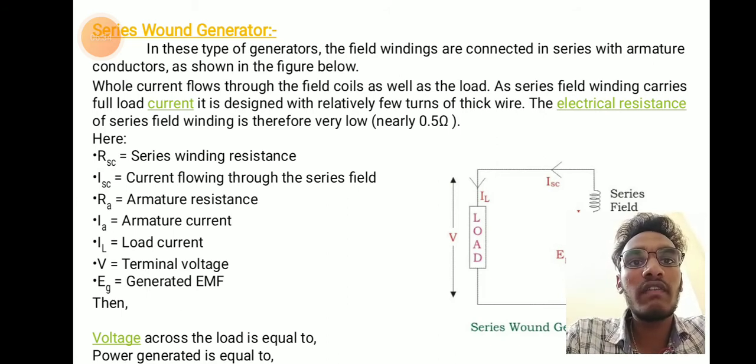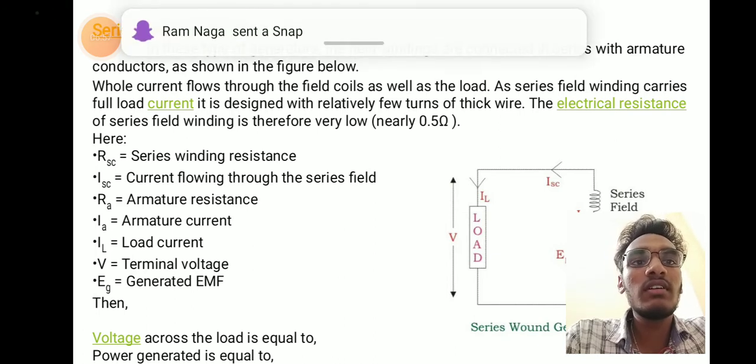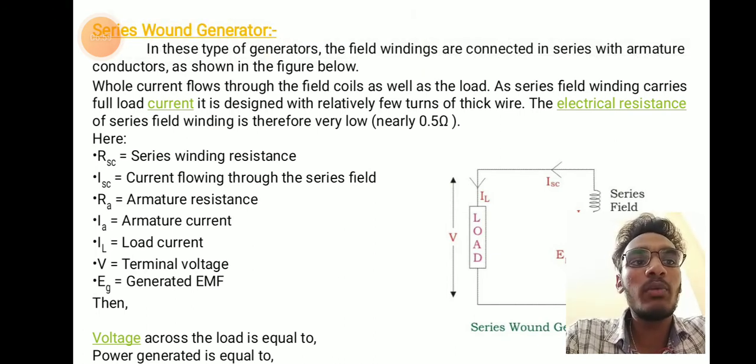Whole current flows through the field coils as well as the load. A series field winding carries full load current. It is designed with relatively few turns of thick wire. The electrical resistance of series field winding is therefore very low, nearly 0.5 ohms,